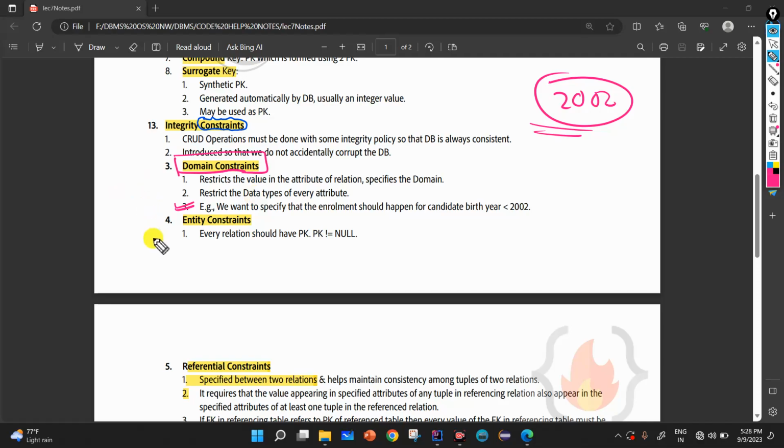Similarly, there are entity constraints. Every relation should have a primary key, and the primary key should not be null. This is our entity constraint.